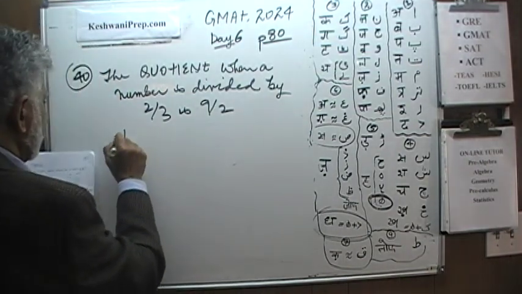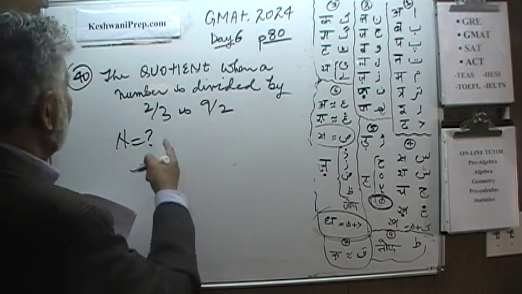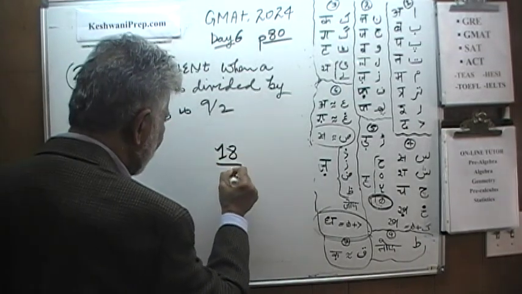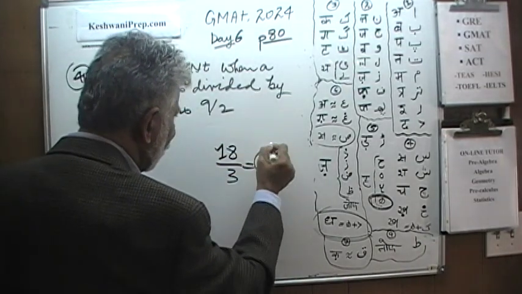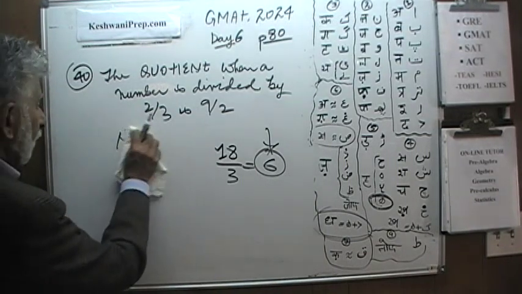The question is, what is that number? Now, for those of you who do not know what quotient means, for example, the quotient when 18 is divided by 3 is 6. This is your quotient. Quotient means the result of division. So here we have some unknown number n, and we are told that when we divide,